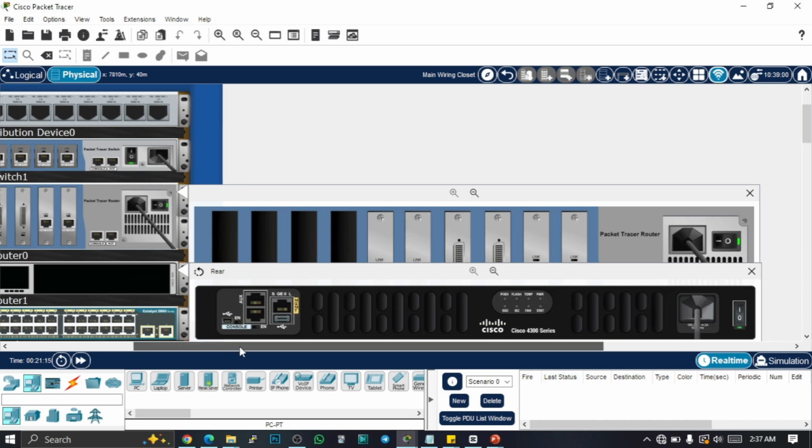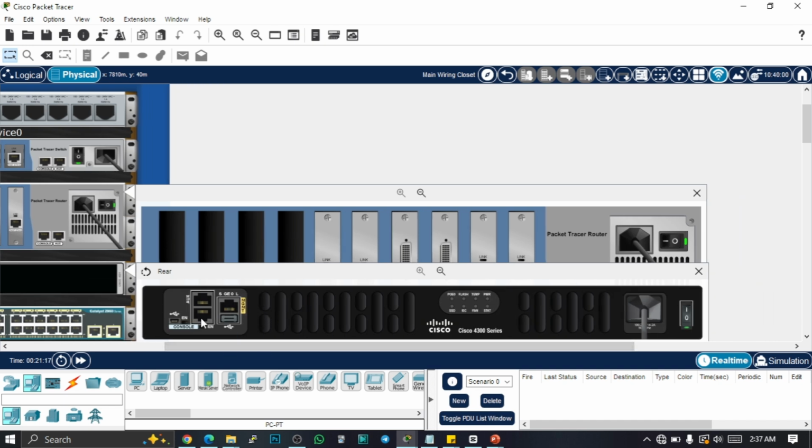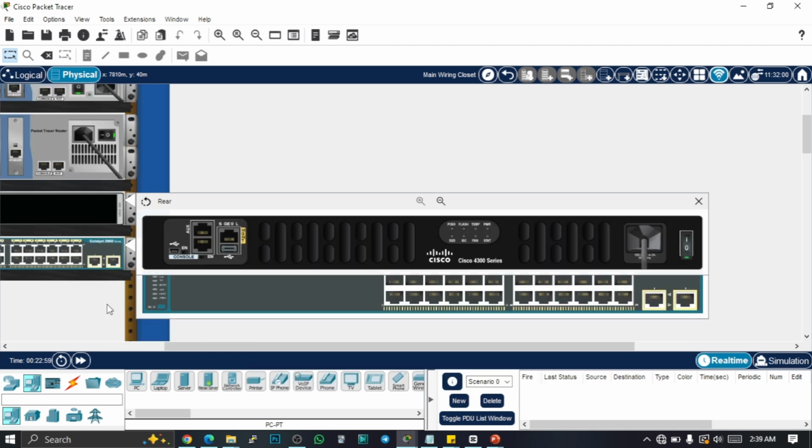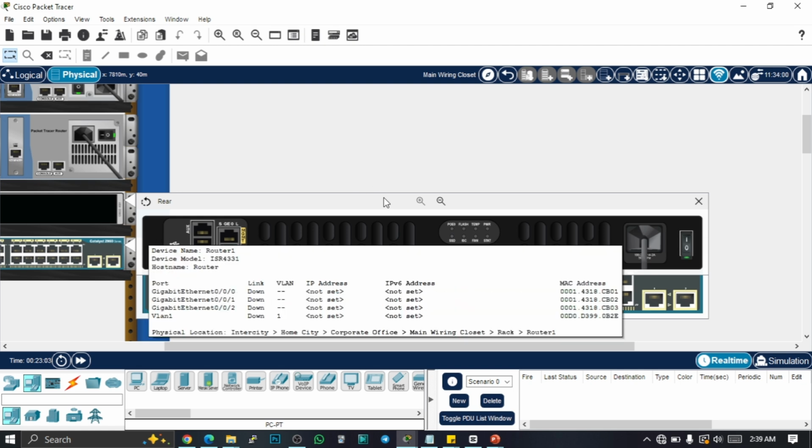Okay, so this is the back of this router. So it has the console, and also it has an aux port. I've explained the uses of some of these ports in one of my videos. I'm going to drop the link in the description below. So let's see how we can connect devices in this physical mode. All right, so